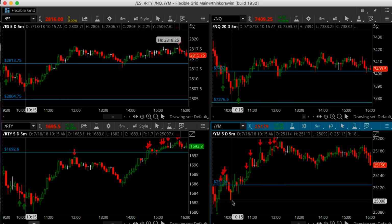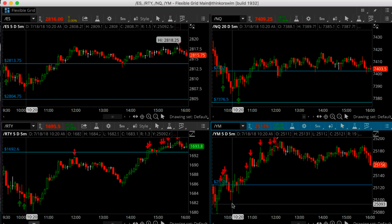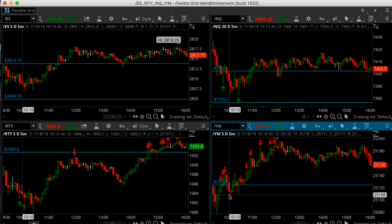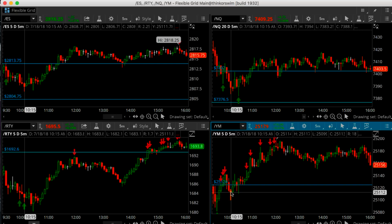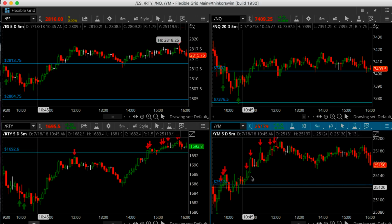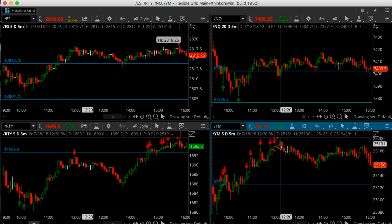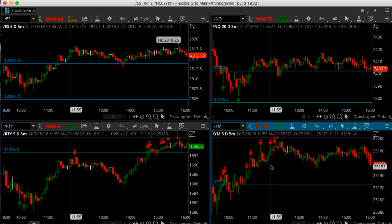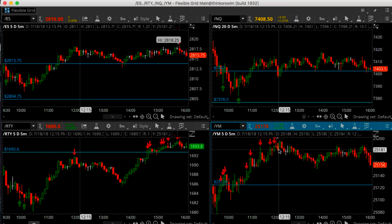I put the position on, put stops beneath this bar. I think my stops were at like 91s. I think I gave it 20 points there, and then worked that stop up. As this bar was formed here, the low ended up being 99s, and then I moved my stop up here under the 110s, and then just continued to trail my stop up on a pivot basis there until I got taken out up here at 179, 178. I don't remember exactly what the fill price was on the stop there,